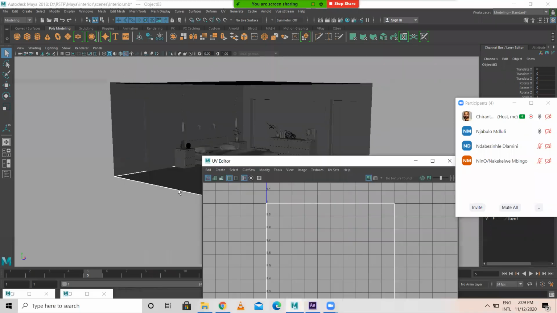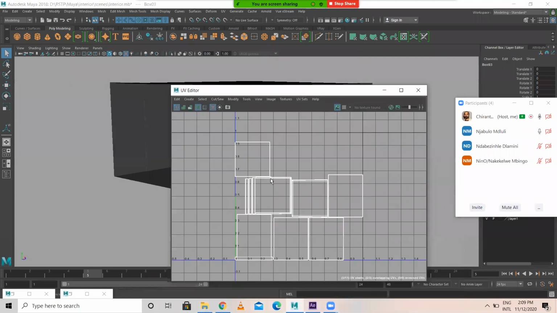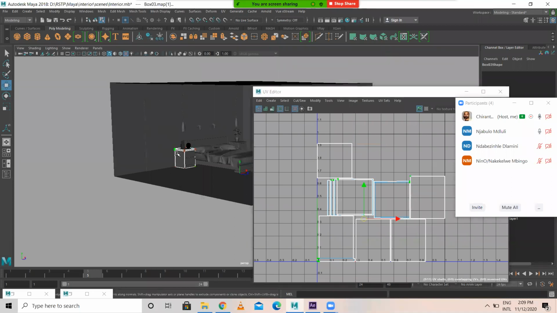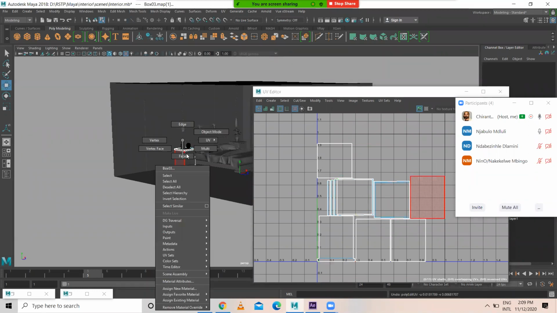Now, when I select this particular model or any model, it looks something like this. These are the UVs where you can manually select the UV. You can move the UV. UVs are 2D based. The UV which is selected here, you cannot move here. I'm not able to move, but you can move those things here. I'll tell you how this works.